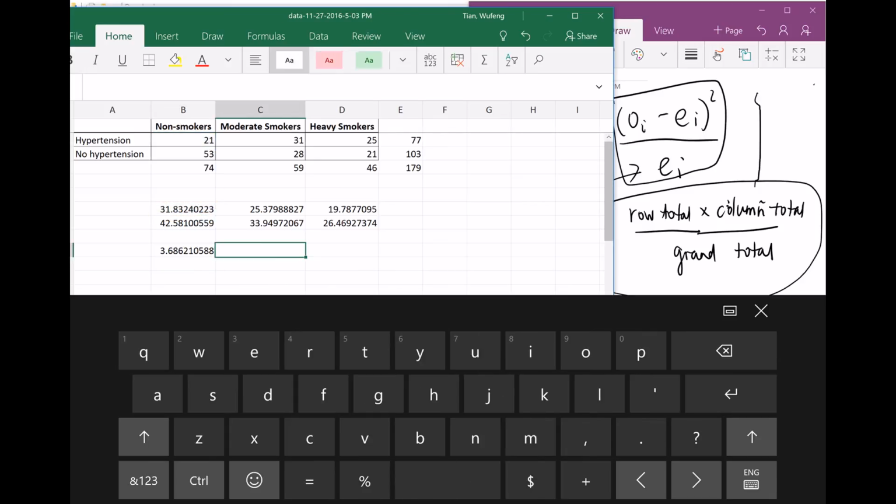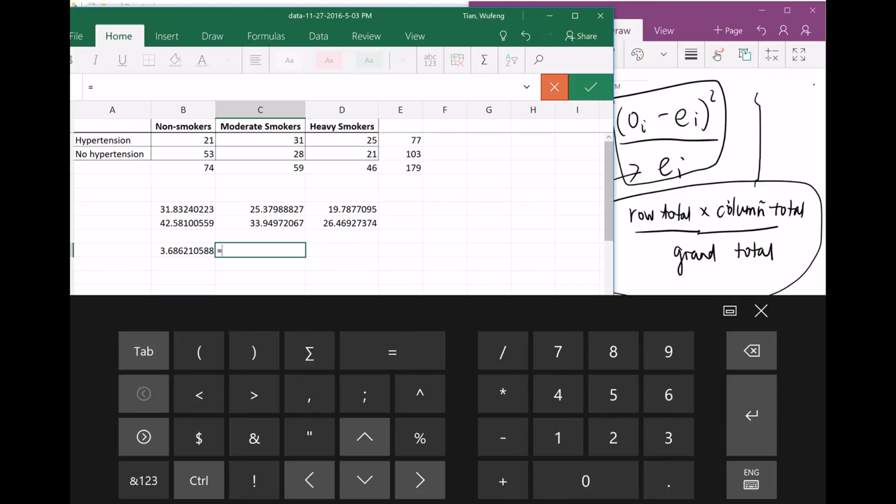Okay, so this one is the same thing. If you use your computer, you will have a very easy way to do it. You can just drag it. Okay, so